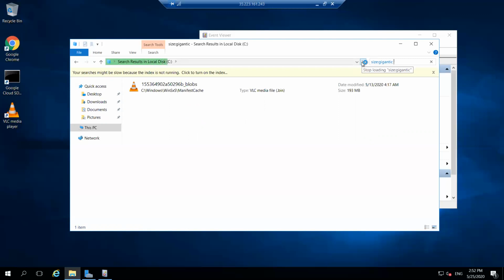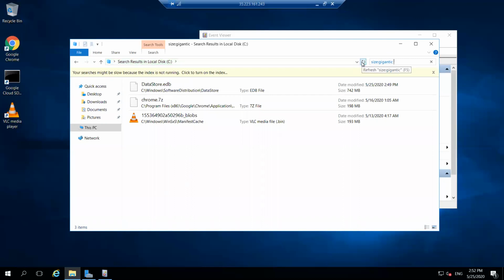Sometimes it responds slowly because the connectivity is not always smooth, so obviously it will take some time. Just wait, and yeah, there is no file named ultra mega large or 9.3 GB. So we have already done it. That's how you can fix this kind of problem.